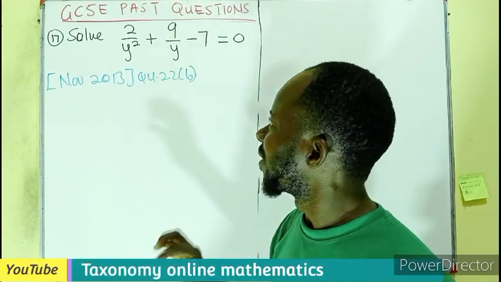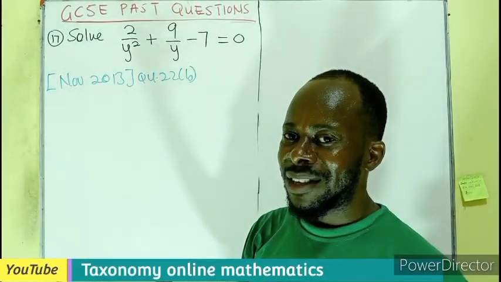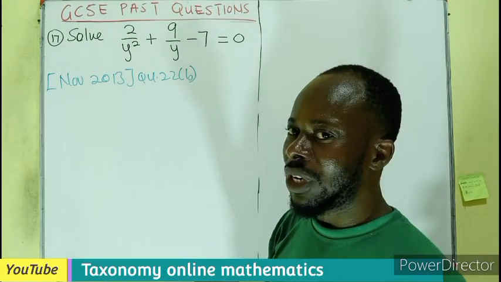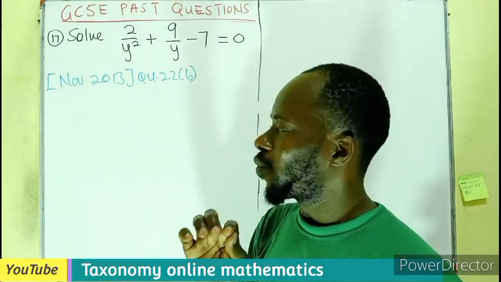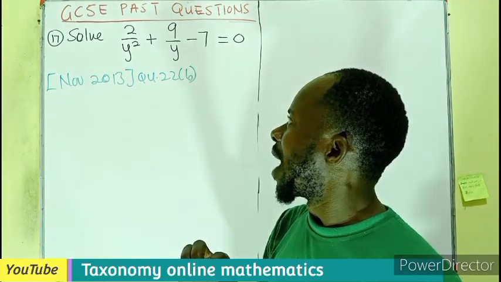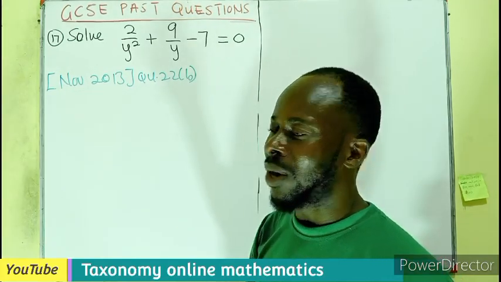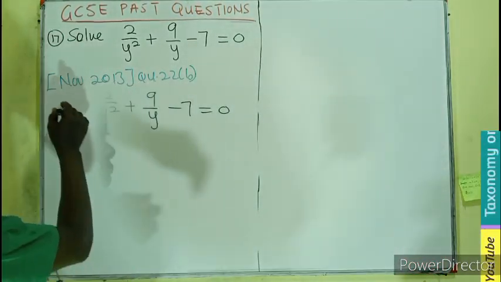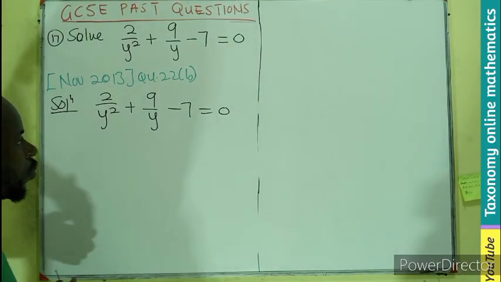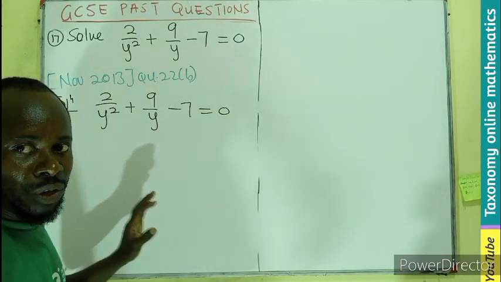GCSE Past Questions. This is on a quadratic equation. We have to solve 2 divided by y squared plus 9 divided by y minus 7 equals 0. So let's see. The first thing we need to do here is to clear the fractions to have a linear